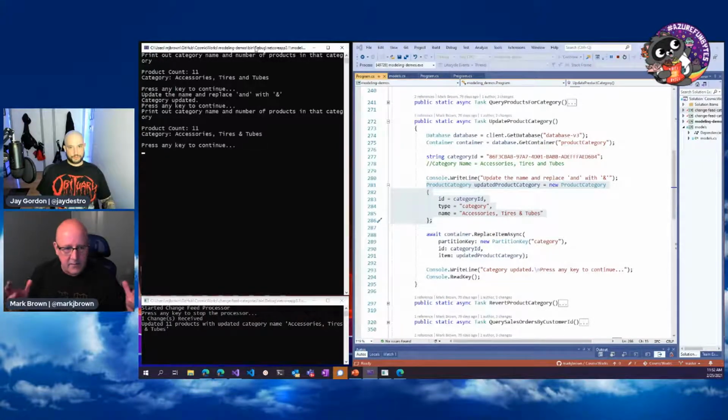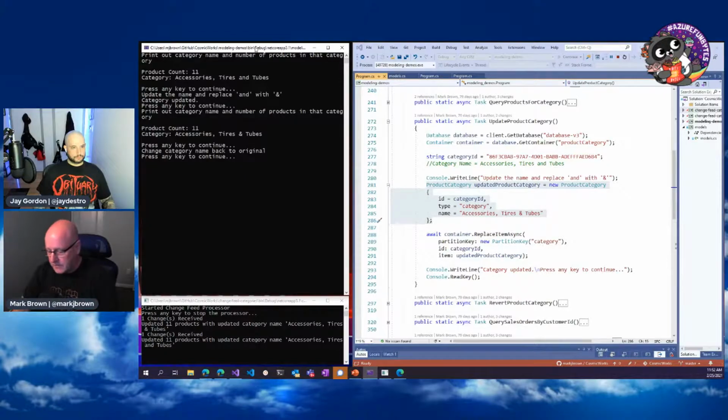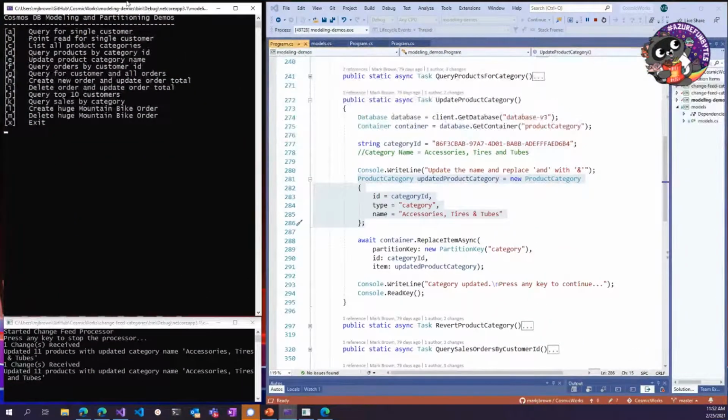Gotcha. And that's how you maintain referential integrity from, say, master data to your denormalized data, which I want to do because I run the query for products a lot in this database, right? Like every time I hit a new category, new page, I'm running a query to give me all the products for that thing, and then I display them for the user, right? So they can look at that. So here I'll just change it back, and you can see it again. So this happens quickly within there.